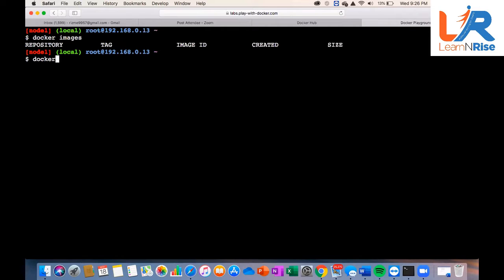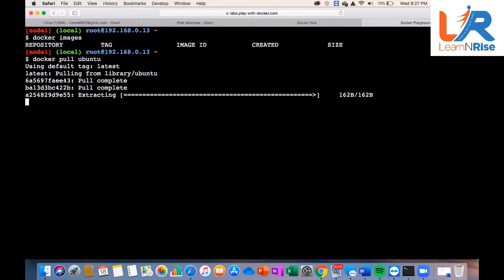So docker space pull space Ubuntu, U-B-U-N-T-U. Enter.